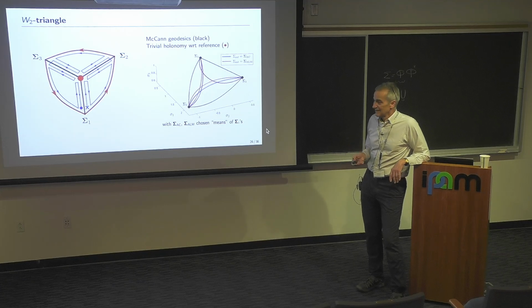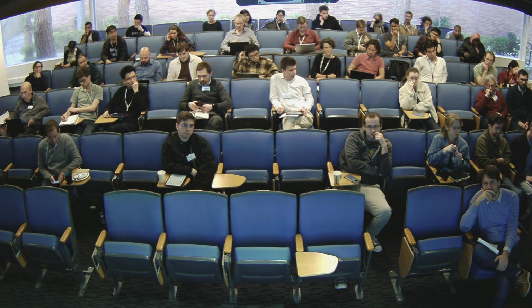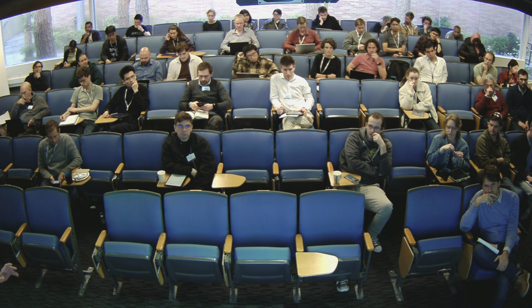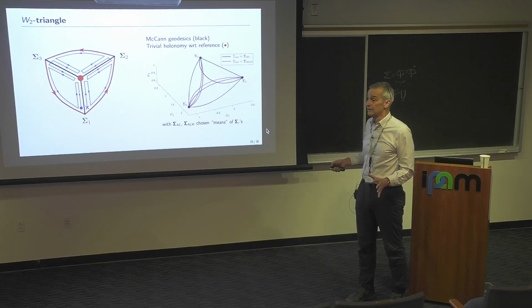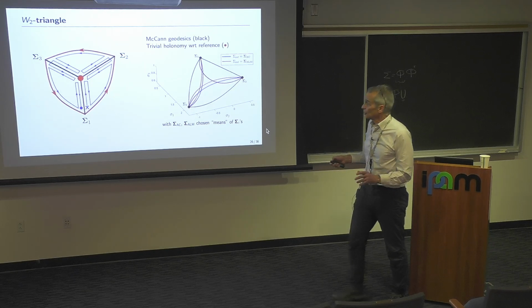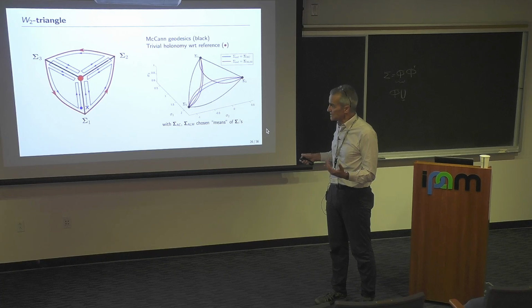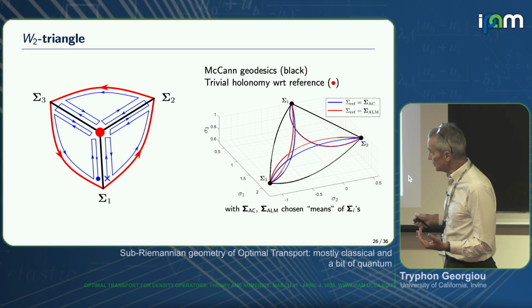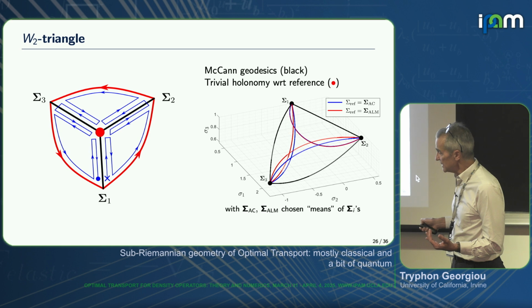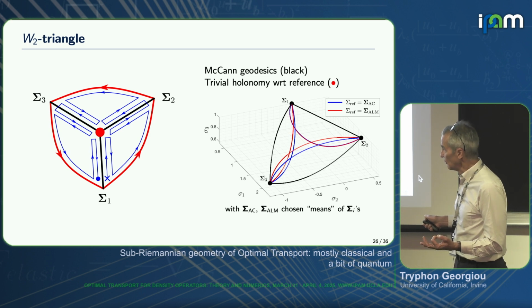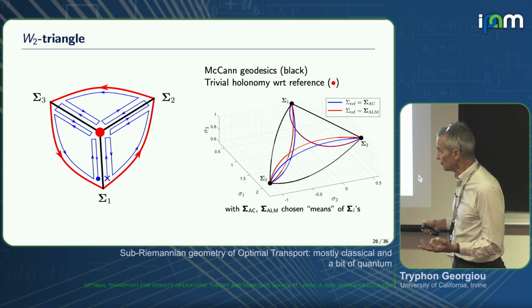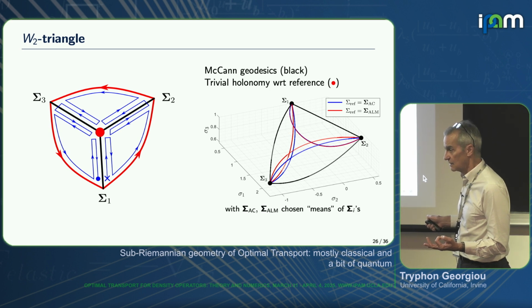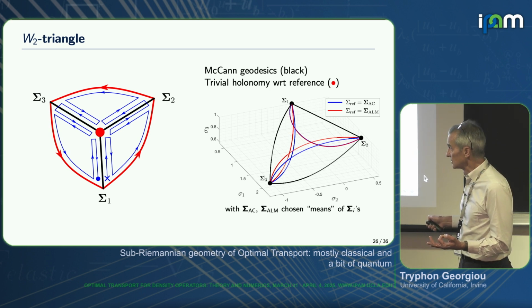But I don't understand. So in the geodesics, in the black one, you don't preserve the holonomy. So I mean, no, you preserve the holonomy everywhere. But with the geodesics, you don't, right? No. You see here, let's say this could be a McCann geodesic. All right, and then this could be another McCann geodesic. Now you compute this curve to enforce a 0 holonomy for this little triangle. Which is not the geodesic, not the Wasserstein geodesic.